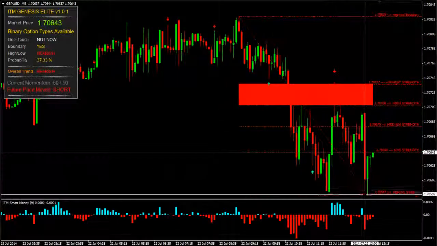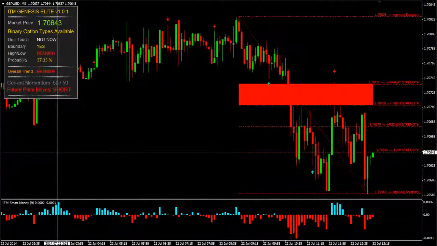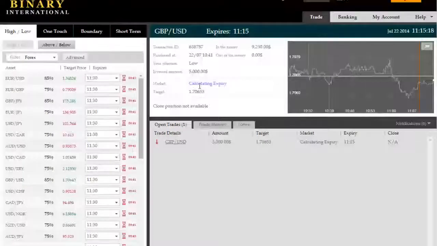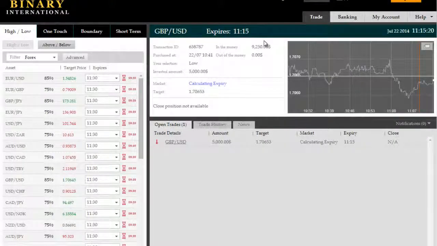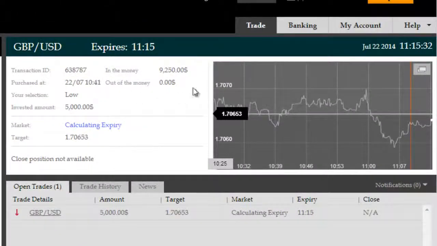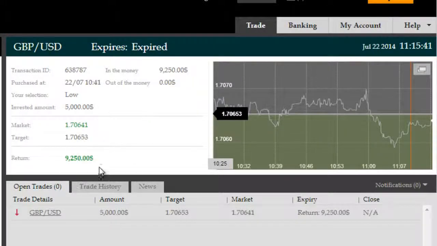This led to a short side decision which we took on the high-low time frame inside the platform, opted for a low trade which had an 85% return, which has now expired in the money. As you can see, price escalated to the short side very aggressively and retraced up until a little further away from the entry point at expiry, leaving us in the money throughout the duration of the trade. And once this platform calculates the expiry here, we will be netting 4,250 profit on this trade executed using an